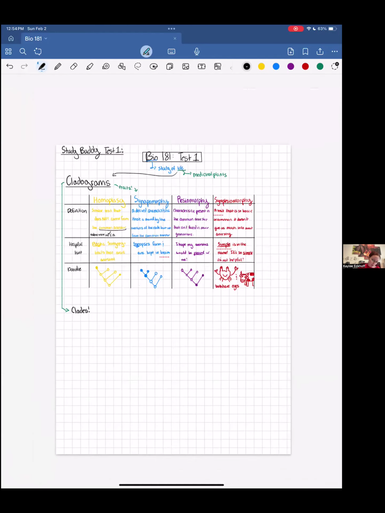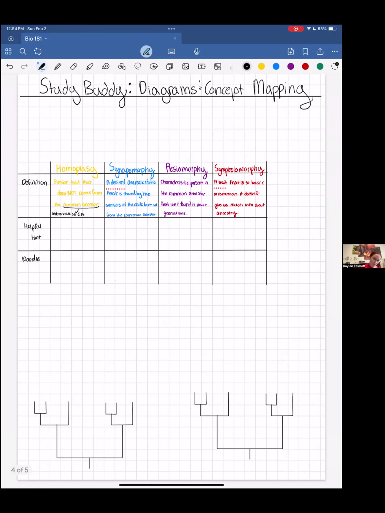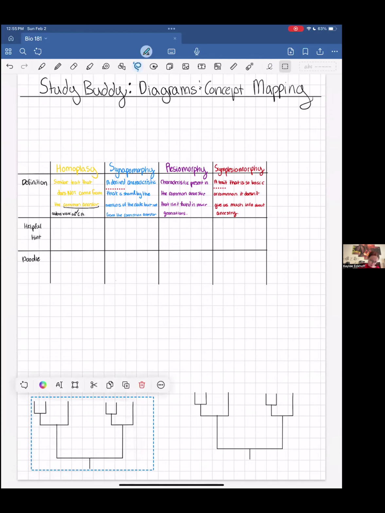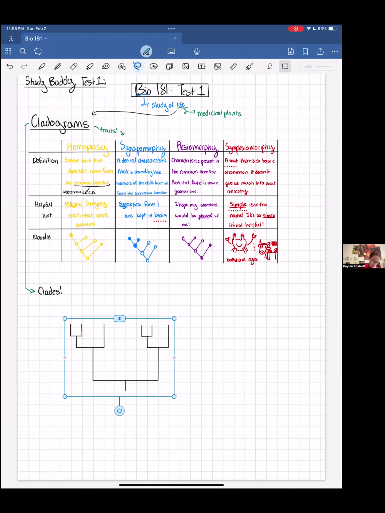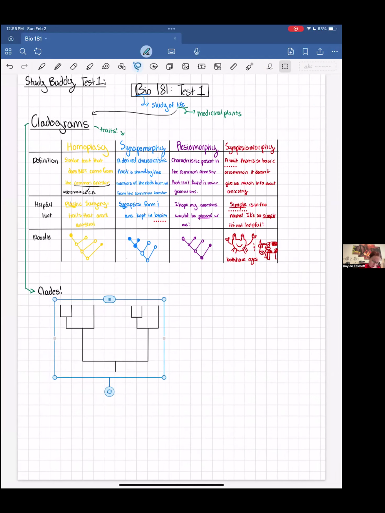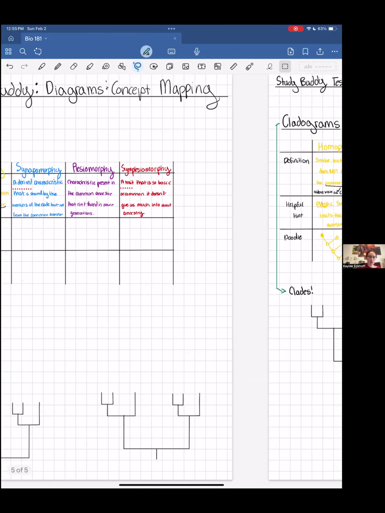And so I'm going to come over here and copy paste my little trees because it will take forever to get them right. Once again, drawing on the iPad, I'm a perfectionist. And so, first things first with the clade, what I want to talk about is